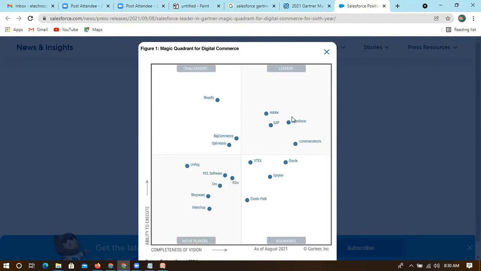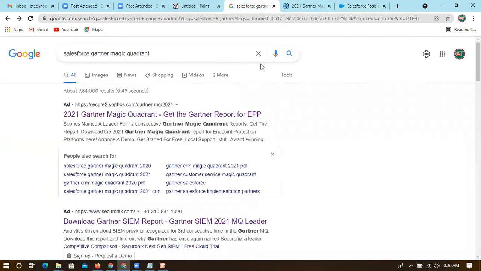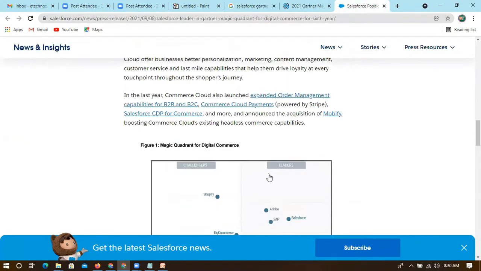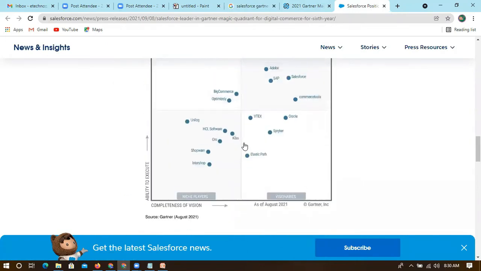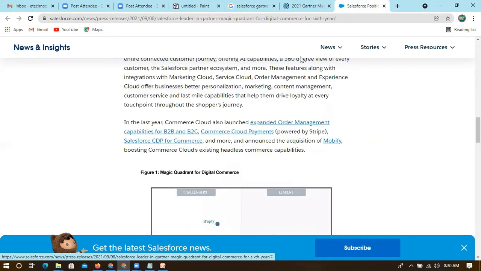If you can see, Salesforce is in the top second category. Any company that is among the leaders will sustain for a long time. You can go through these websites, search for Gartner or Salesforce, and get some idea. Gartner is followed by businesses worldwide, it is like a standard. Any company has to be reviewed by Gartner.